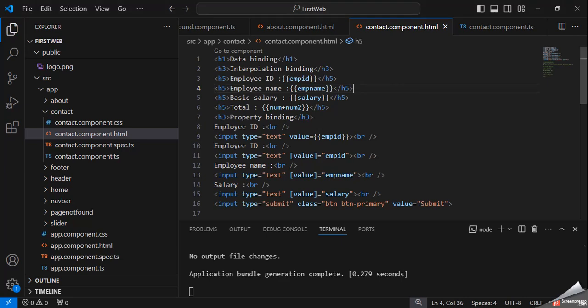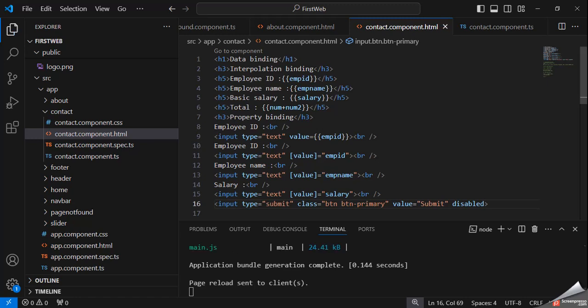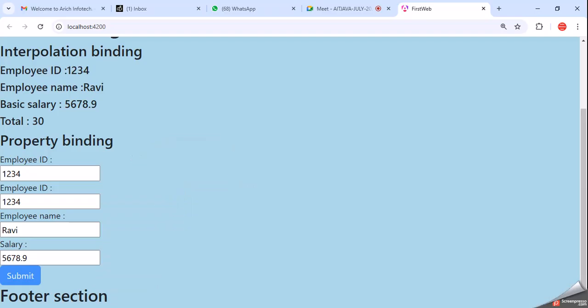But suppose we want to disable it. So here add disabled, and you can see this is a disabled button.